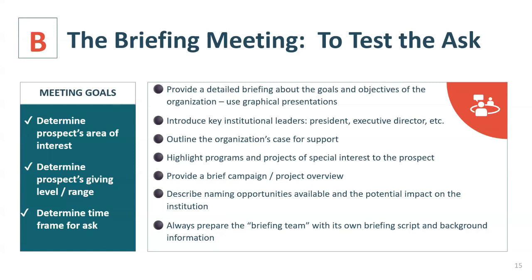Well, you have a meeting prior to the ask where you test some of the concepts. The concepts you might choose to test would be their interest in making a gift to a particular program, a particular campaign, or a particular initiative. You might say, "Hey, before we come to you with an ask, we wanted to verify or confirm that this is the particular program or type of activity that you would be most inclined to support." Additionally,